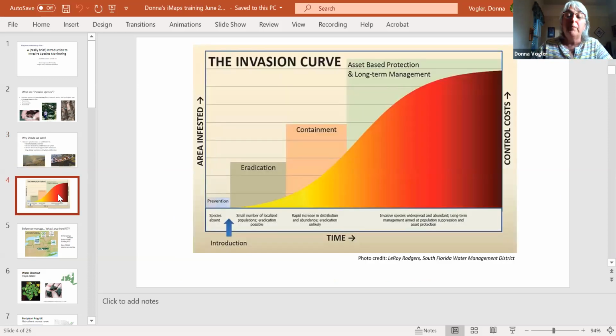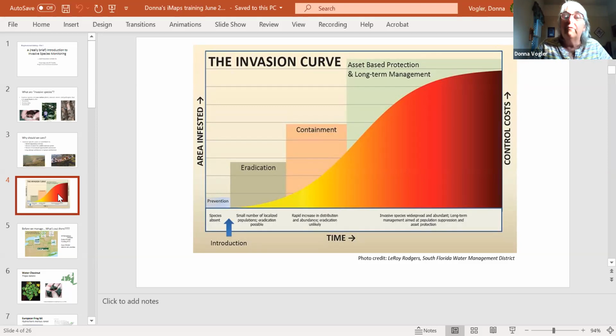Again, this is probably a little bit of a repeat for anybody who's worked with invasive species, and you've probably seen this graphic. That is, as a species newly invades in an area, it often takes some time, and that's the lower axis, before it's even recognized that it's there or recognized that it's growing faster and becoming invasive. That's the time when it would be best to either prevent it or eradicate it, but unfortunately, we're often not aware until it gets into that mid-range, where the best you might be able to do is contain it. If it gets out of bounds or it is a particularly aggressive species, it will go up that slope into the red zone, where the best hope is to just manage it and control it.